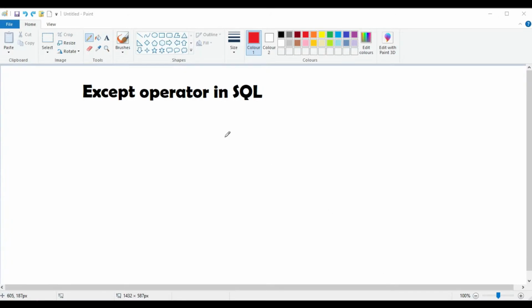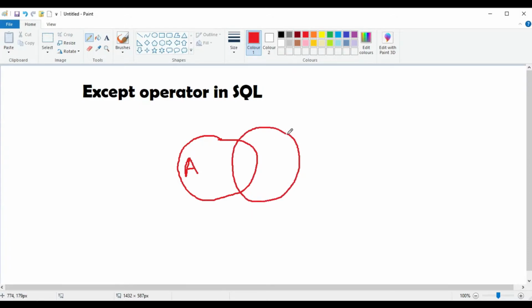Let's understand it in a better way. Suppose we have two tables here, table A and another table, table B. When you do except, suppose table A is the result of a select query, and table B is the result of another select query.